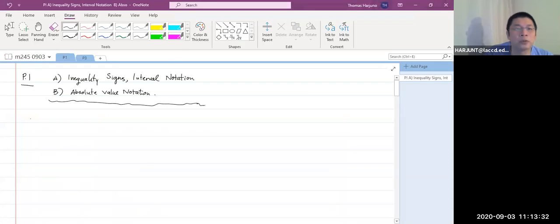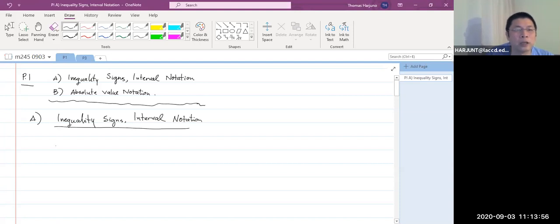To the graph. Okay, part A, inequality sign. We are not solving inequalities yet. We just learned the notation and what it means. Okay, for example, if I have x is less than 2, what it means graphically when x is less than 2, it means all the numbers